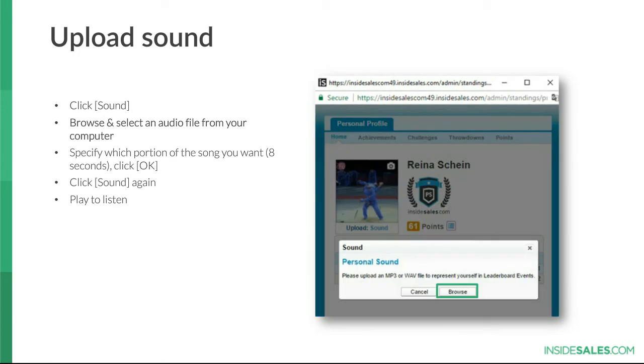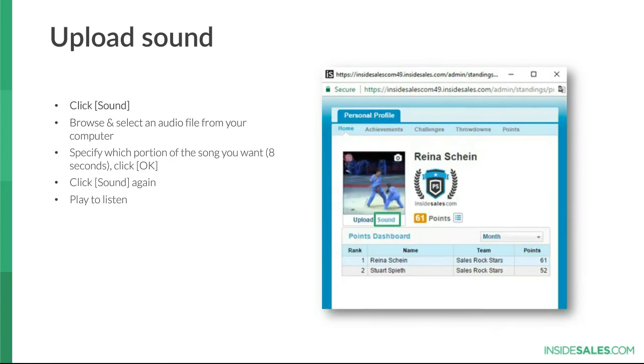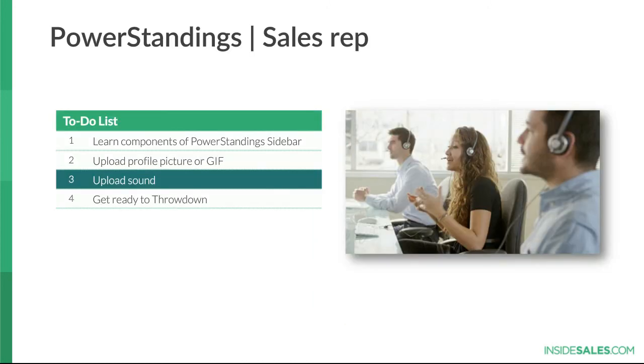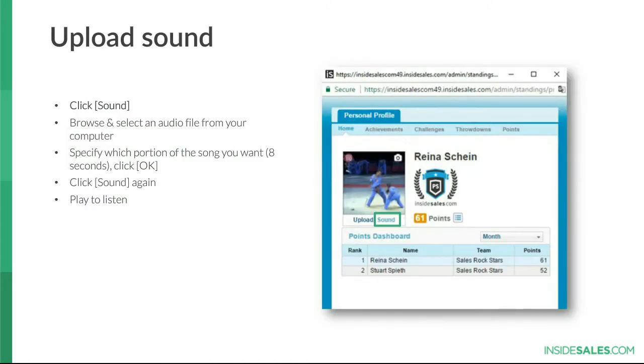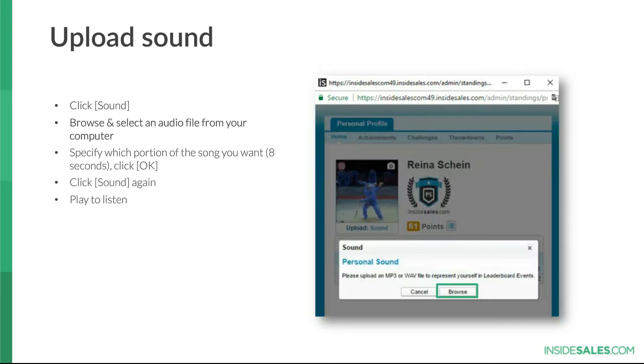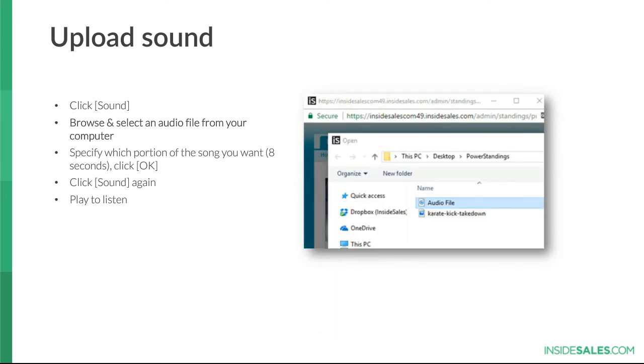Let me go back there a step or two. Sorry to repeat here. So same idea here. You're going to click on the profile icon. That's going to open up this Powerstandings profile window. Click on the sound link, and then you can simply browse for an MP3 or WAV file. So select your audio file,